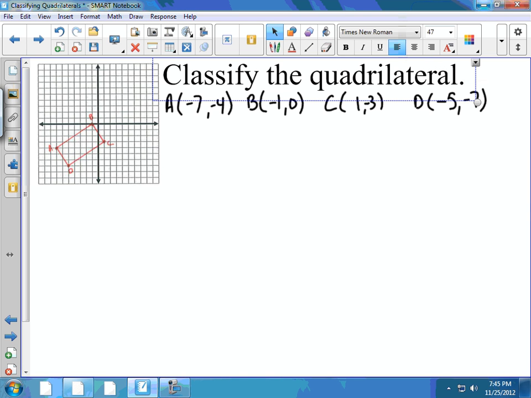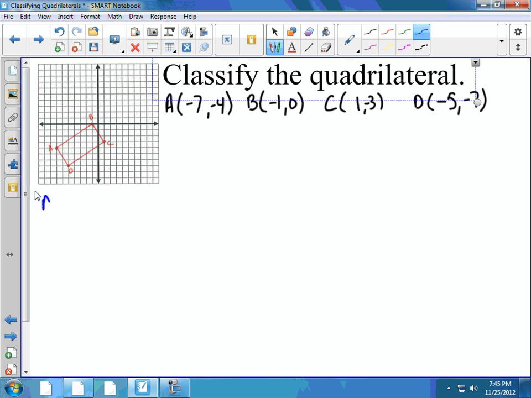All right, so we're going to go over another example of classifying a quadrilateral. Again, first step is to draw the quadrilateral. Here we already have it drawn for us and the vertices given to us. So we'll go on to step two. Step two, remember, is to use the distance formula to find the lengths of all the sides. So following here,